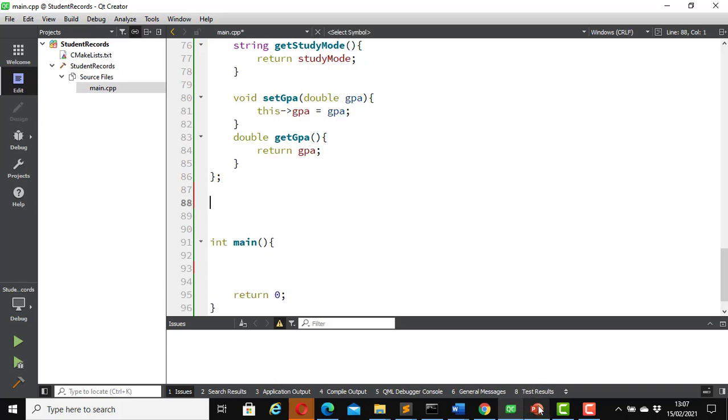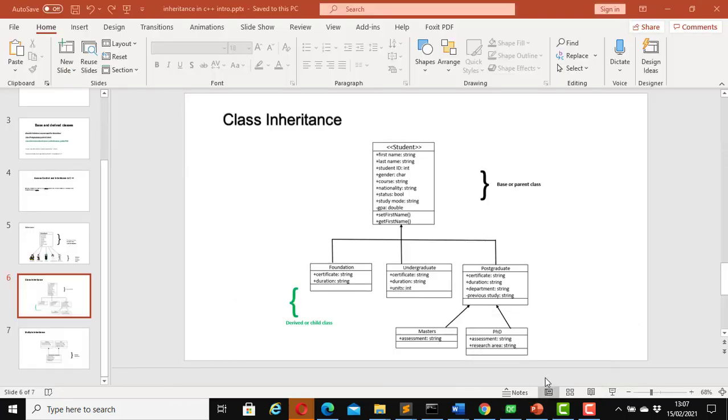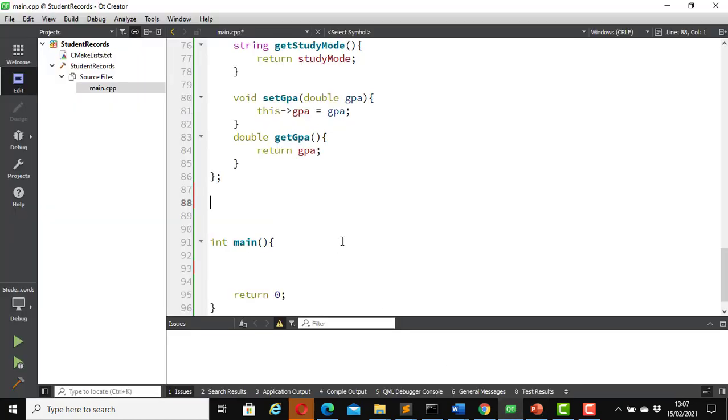And here in our file we have the foundation class, undergraduate class, postgraduate class. They are all inheriting from the student class. So let's create the foundation class to demonstrate inheritance. To do that, I'm going to create a new class